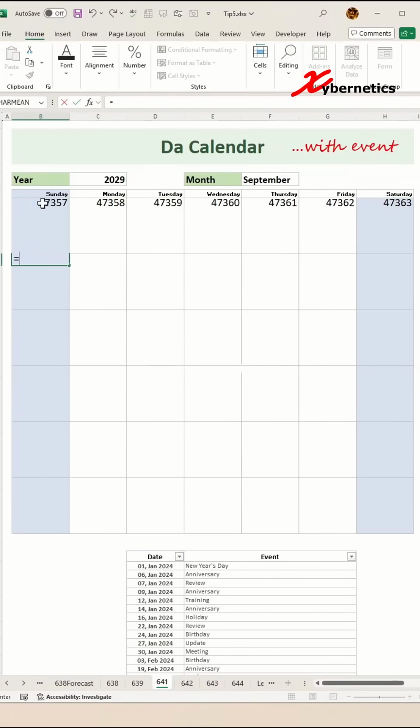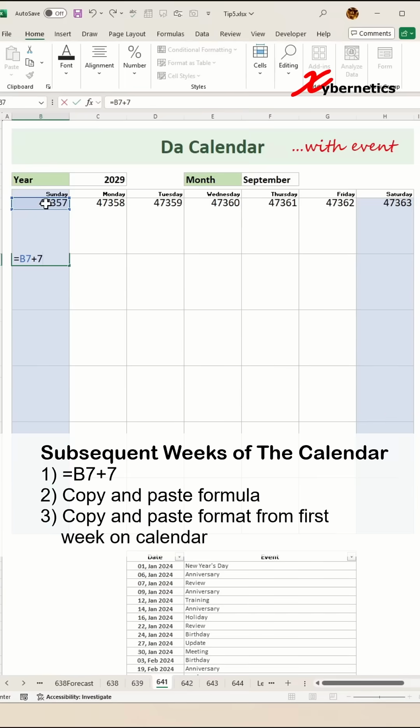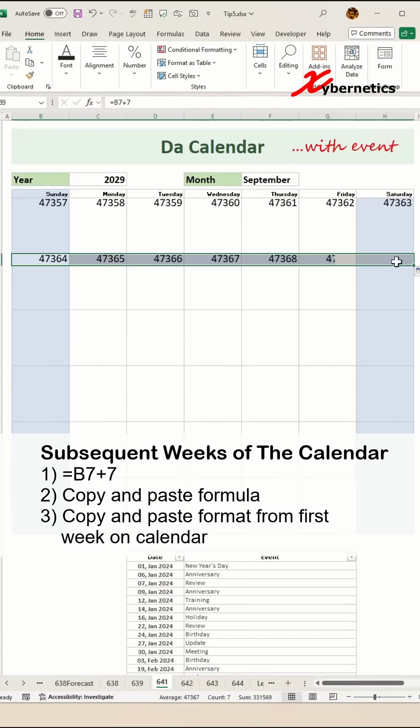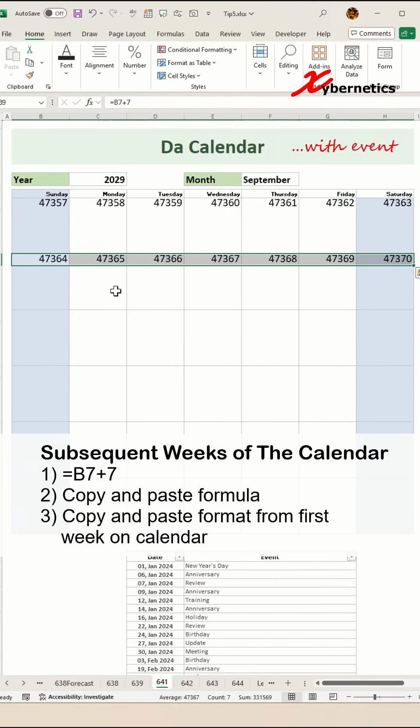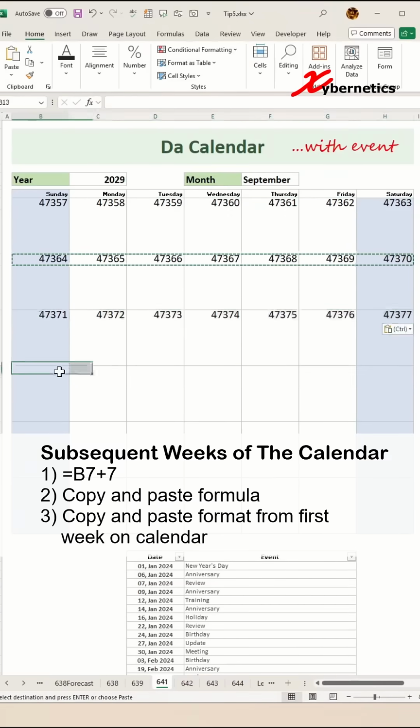Now for the subsequent week, you're going to say equal B7 plus 7 and hit enter and copy and paste the formula right across and all the way down to the very last week of the month here. Now copy and paste the format from the first week of the calendar to the rest of the calendar weeks